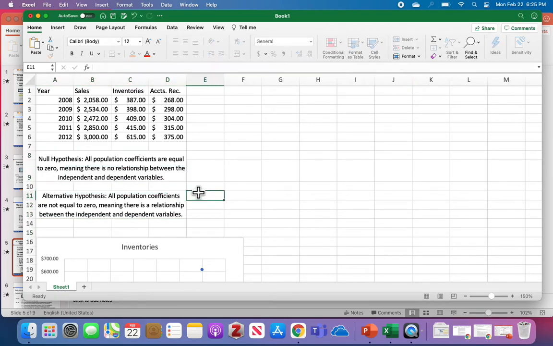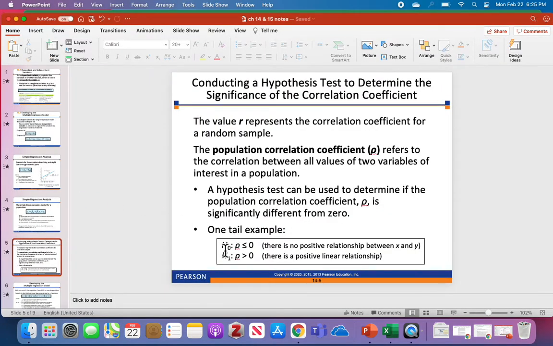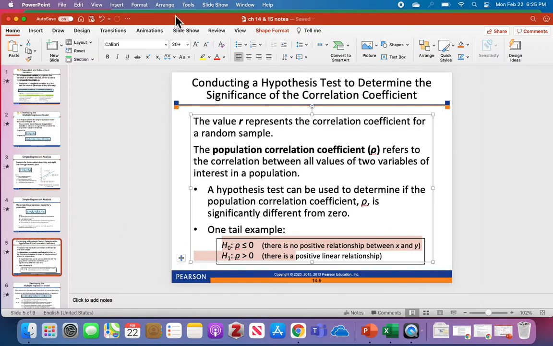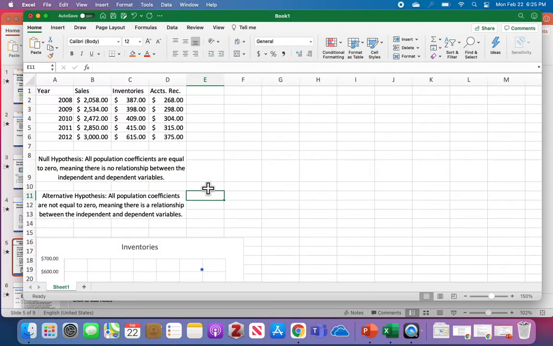There should be an S there. All right. And again, remember how you can look back here to see that's how you write them in notation form. All right, so let's actually run this